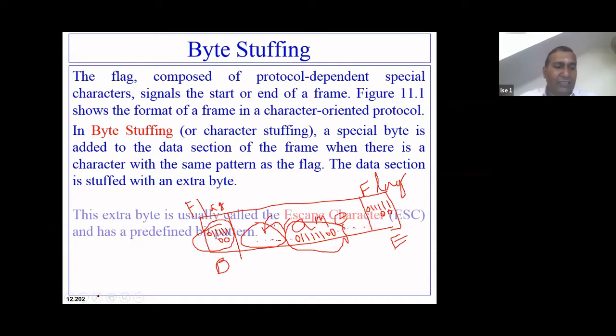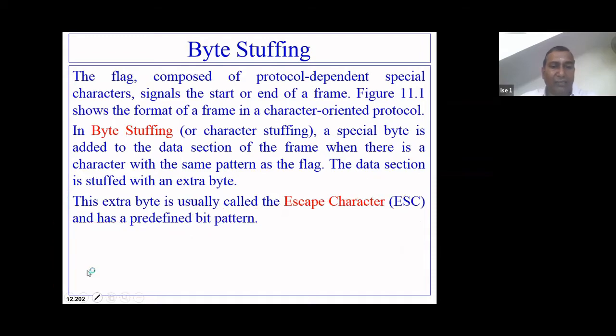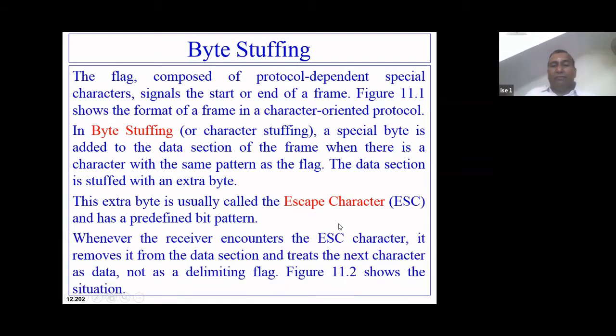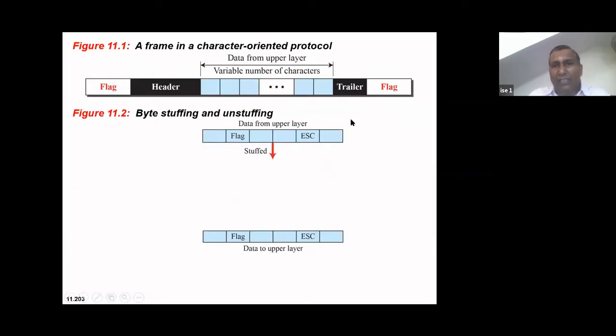The escape character will be placed just before the data bits which are very similar to the flag bit pattern.